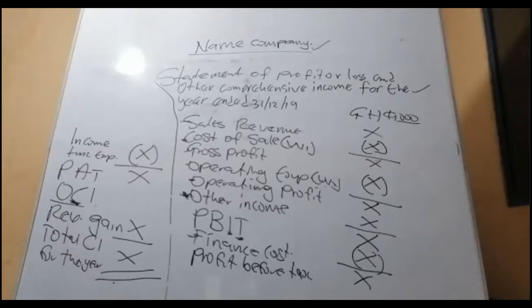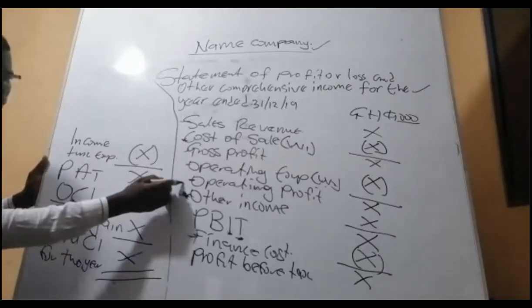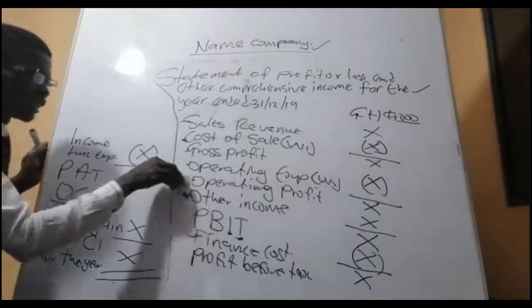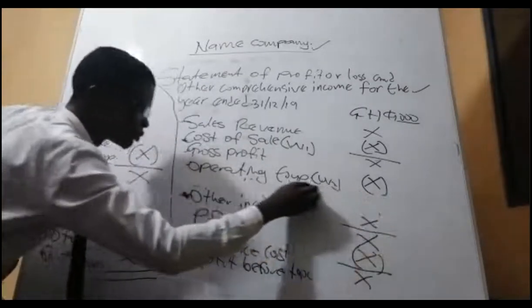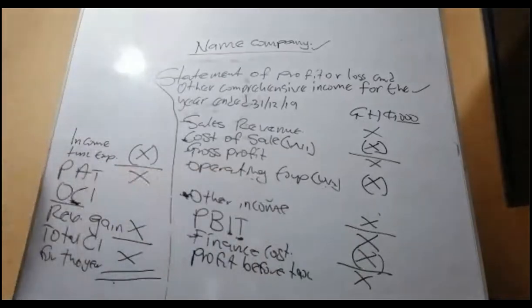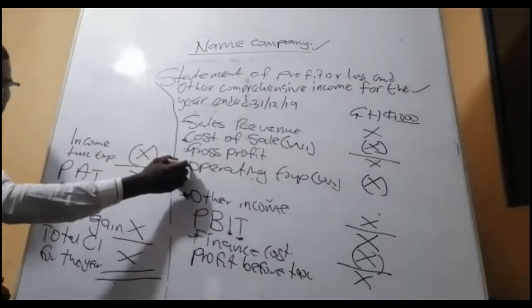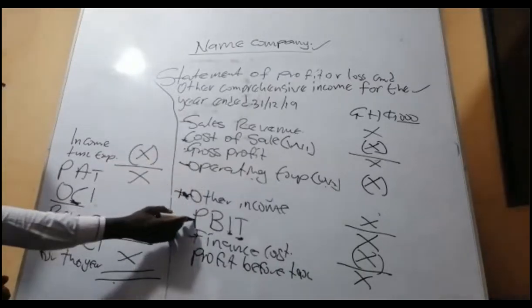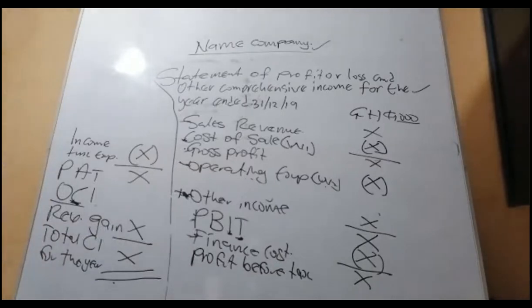For instance, have you seen how we show the operating profits? I can change this one from here, and it's still the same. The shape has not changed. It means that the gross profit less the operating expenses plus the other income still gives us the profit before interest and tax. It has not changed anything there. So when you see something like this, don't get scared. What we don't want to see is you swapping them, bringing this one down and this one up. No, don't do that at all.